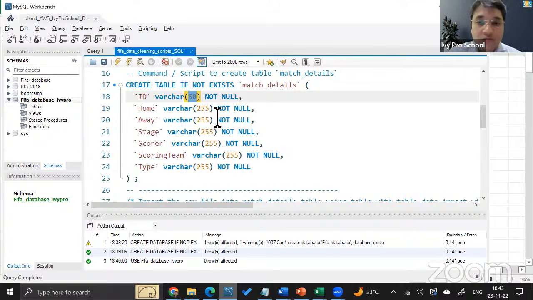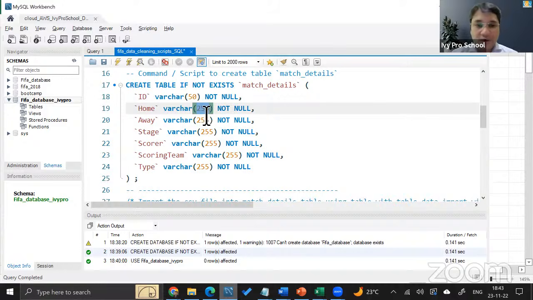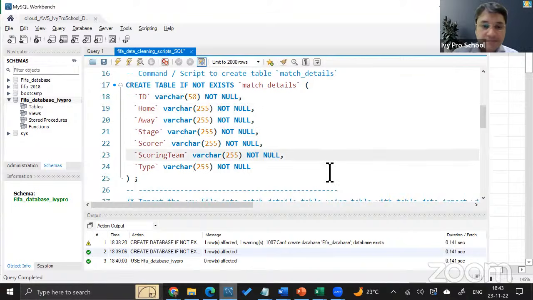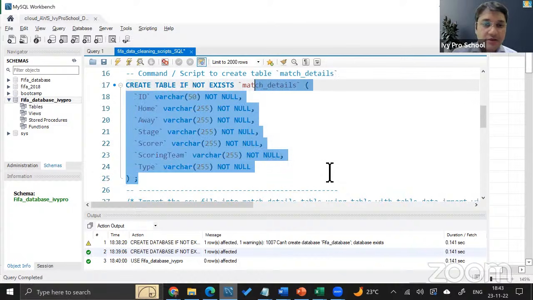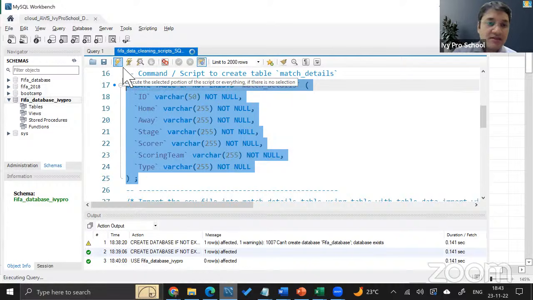Home varchar 255 is the upper limit. That's the maximum that you can give to a text field, a varchar field in SQL. Not null basically means that it is mandatory, it can't be left blank. So all the fields are not null and all of them are separated by commas, as you can see, and then a semicolon. And then I will select this statement,